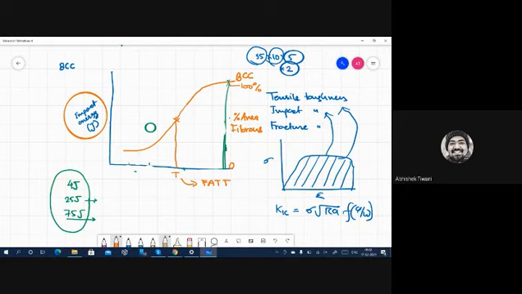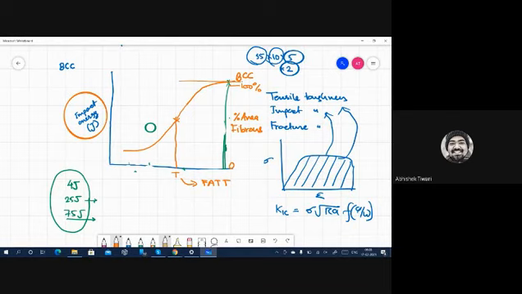Okay. So this is one temperature which can be defined and assigned to a certain material, and say that at this temperature you will have 50-50 ductility. So you will have 50% ductility, right? So this is based on area. Then you can have another temperature which you can define in the upper shelf. So let me define upper shelf. Upper shelf is this part.